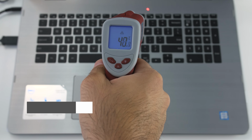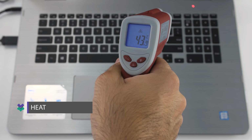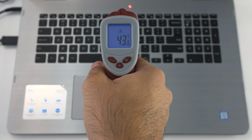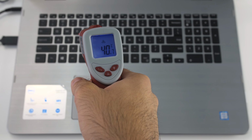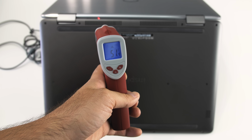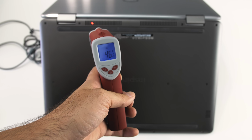Now for the heat test, I did two things. I ran a stress test in the background and loaded up Overwatch. It was pretty much running under full load. It peaked at temperatures of 40 to 45 degrees Celsius on the top of the keyboard, while the back hit 50 degrees near the vent. The good news is that the deck stayed cool the entire time, which means your palms